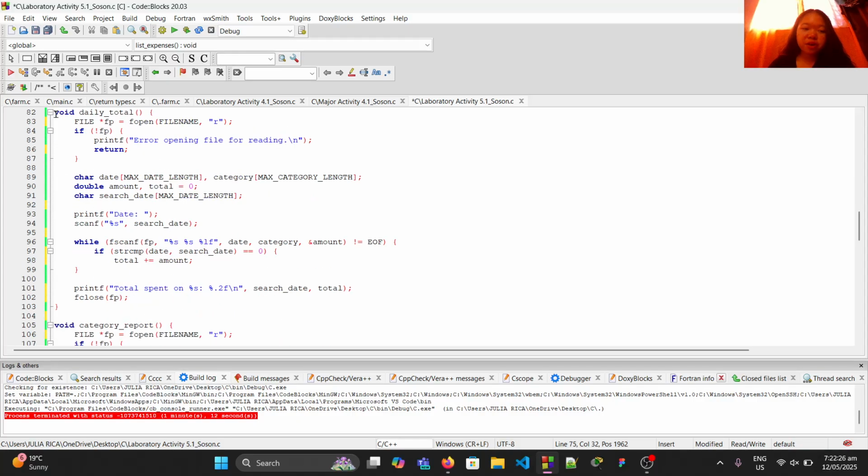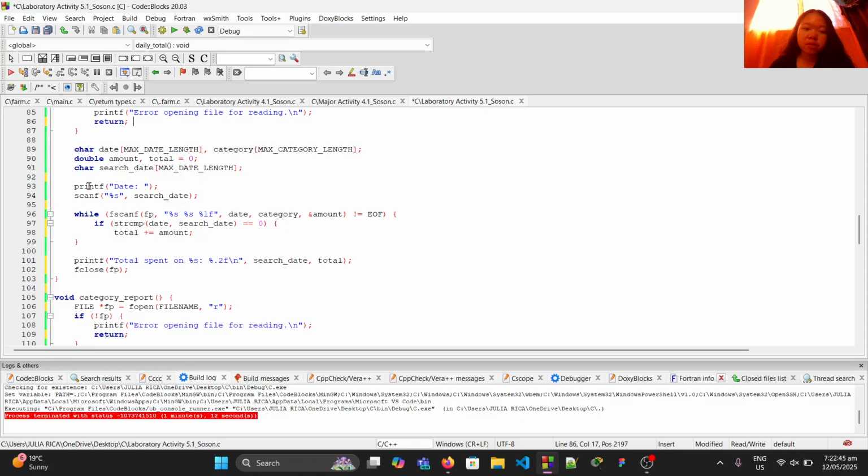And we have here another function to calculate the total spent on a specific date. And then after that, we will get user input for the date and search.